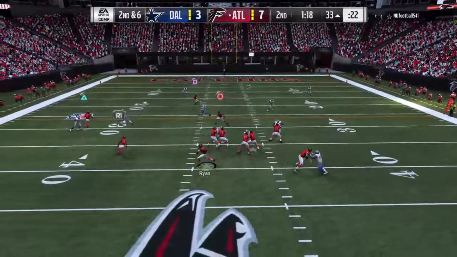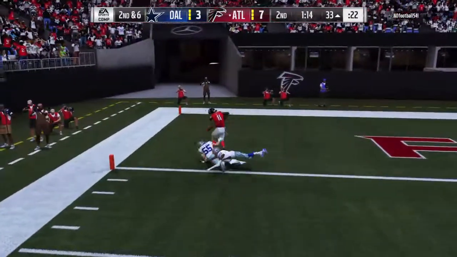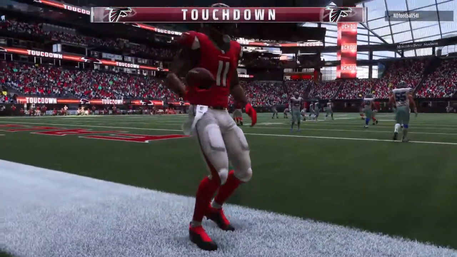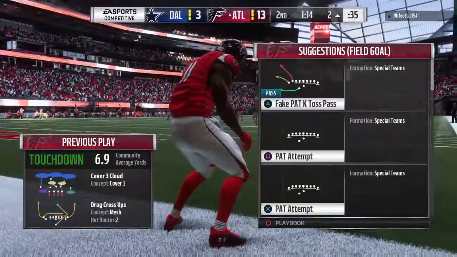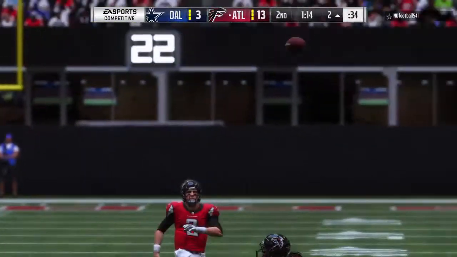On 2nd down, here's Ryan, buying time to his left. And this is caught at the 8, and he is into the end zone for a Falcon touchdown. Julio Jones, 33 yards. And the Falcons will...